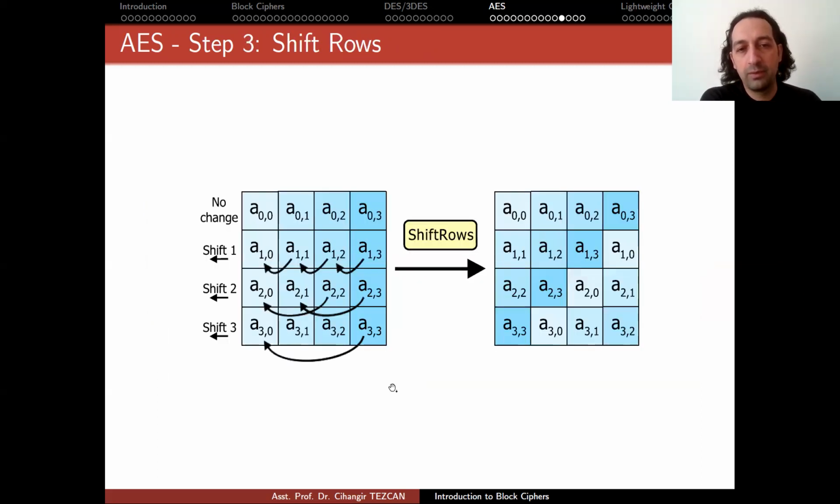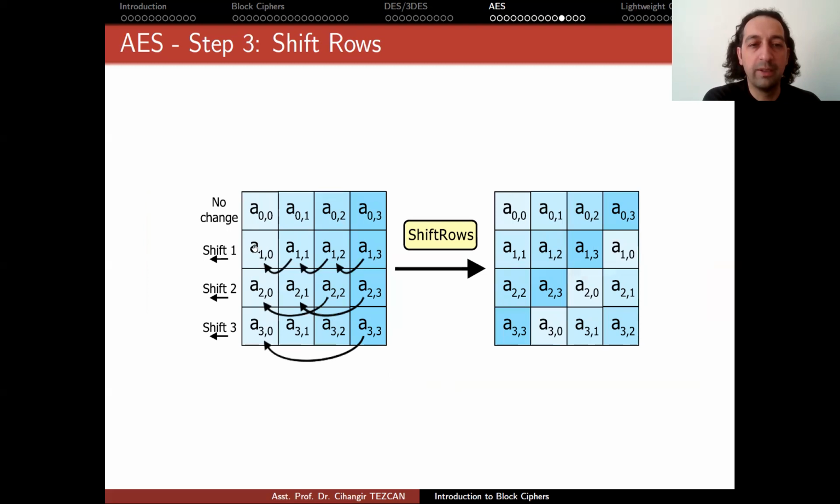So let's look at the shift rows operation. In the first row, there is no change. You just take the first row and write it here. In the second row, or if you start counting from 0, the 0th row has no change. The first row has a 1